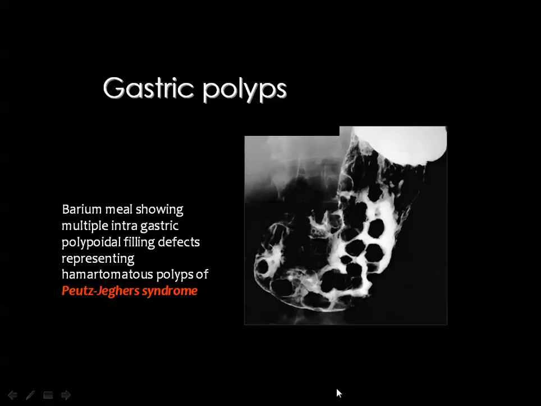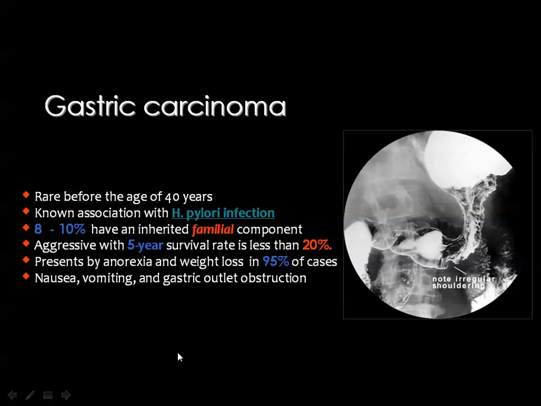And this is also a case of Peutz-Jeghers syndrome, where you can identify multiple intragastric ovoid filling defects occupying most of the gastric body and antrum. Then we came to gastric carcinoma, which is considered rare before the age of 40 years according to the literature, and it has an intimate relation to the H. pylori infection,